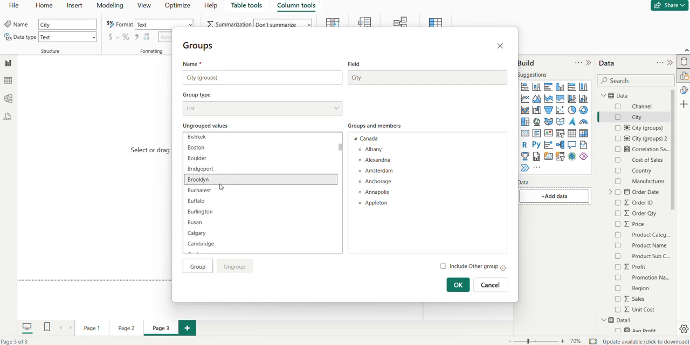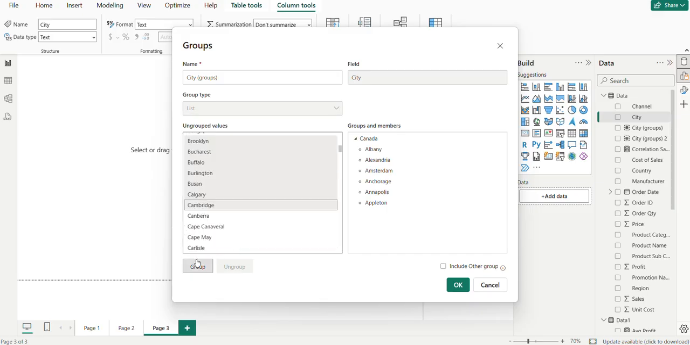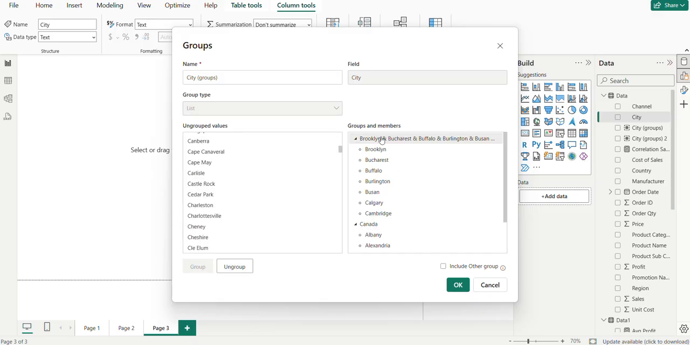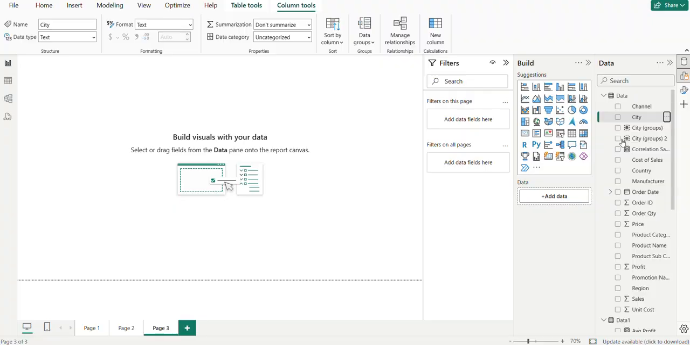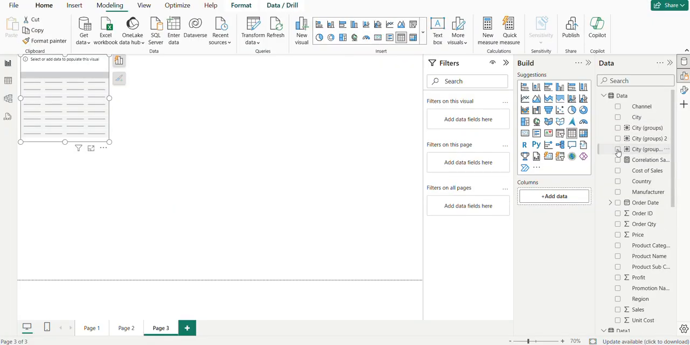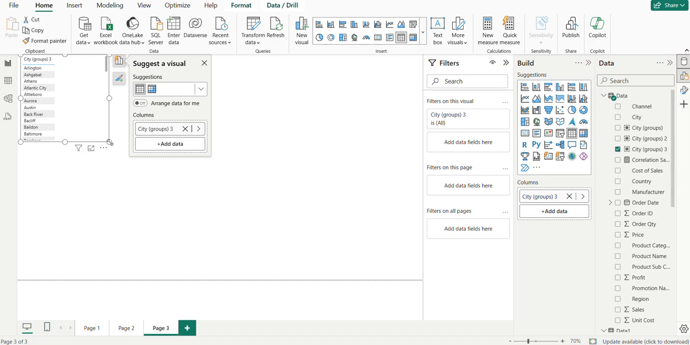Then after I can easily select this another one. I can select this group. Okay, this is in USA. So that's how I can group the cities. And okay, so it's group three. So if I select table